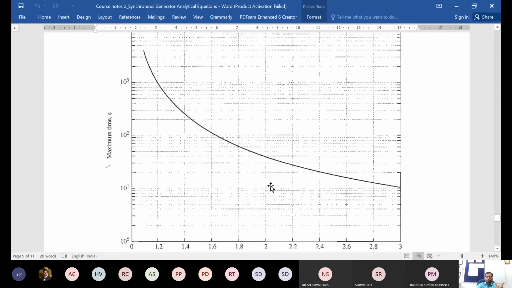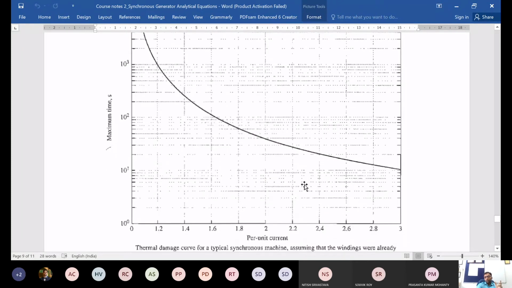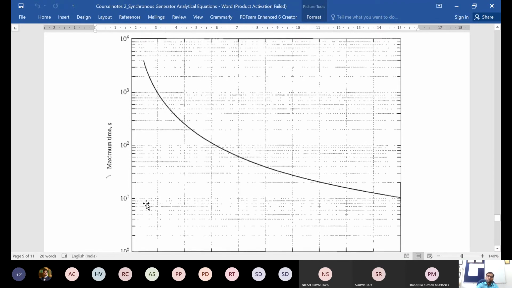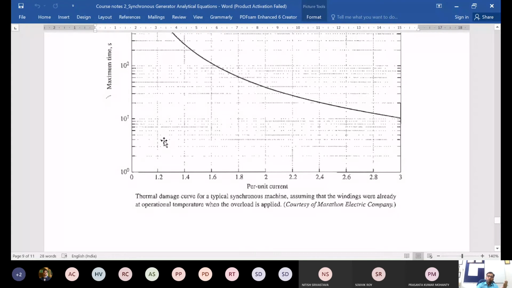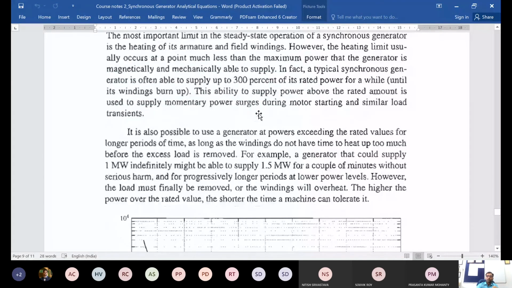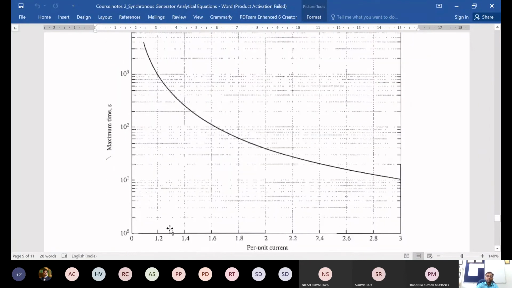So this is known as the short time operation. Usually, the higher the overloading, the more stringent this limit is. But for small overloads like 10, 20, 30% overload, a fairly large amount of time is available, a few minutes. So usually we will not run the machine in that mode, but this ability, as was indicated here, can be used for absorbing some power surges. So if there is some sudden load coming in the system, or there is some transient occurring, that type of sudden load change can be absorbed easily by the machine due to this ability of short time operation.